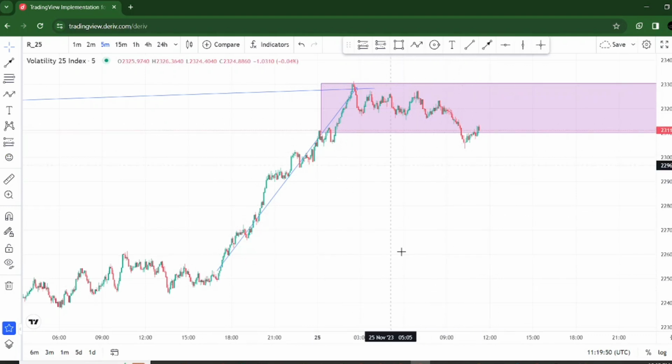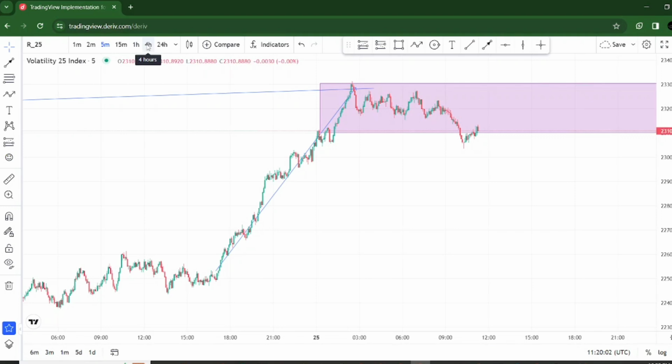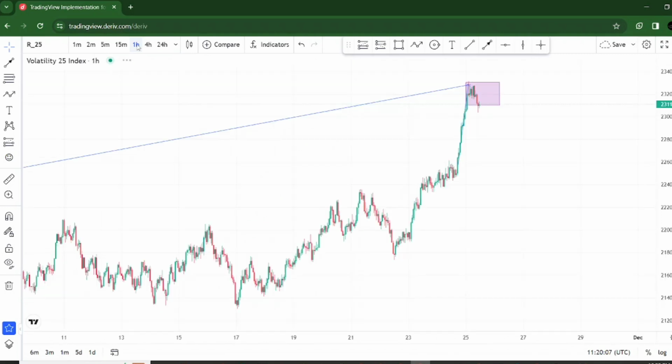Now I understand that in some cases a bullish flag might fail. A bullish flag is a continuation flag that signals a bullish continuation. Remember I said that the purpose of switching from the 4 hours time frame, after identifying the long-term movement of the market, to the 1 hour time frame is to identify the pattern that is being developed. And from here we see that a bullish pattern was developed, and we later had this bullish impulsive move to this point, and then there is a development of what looks like another bullish flag,